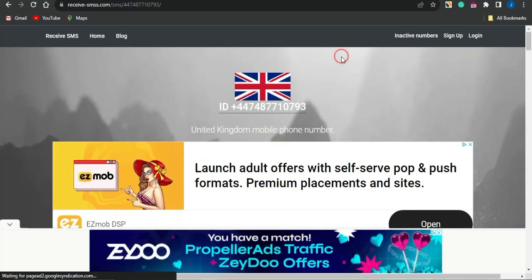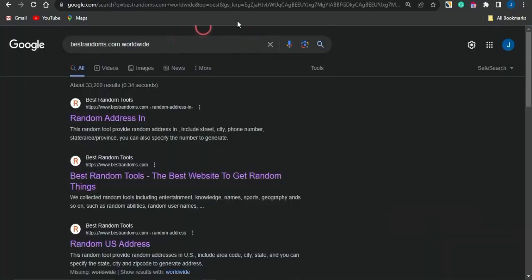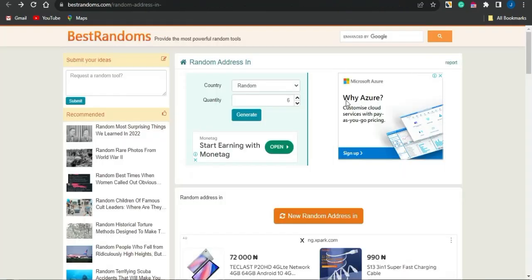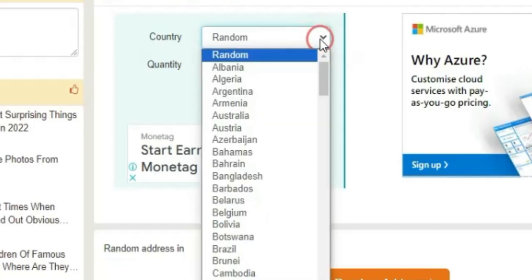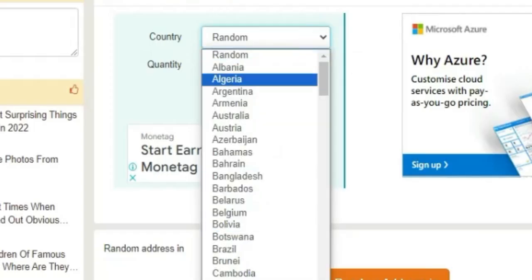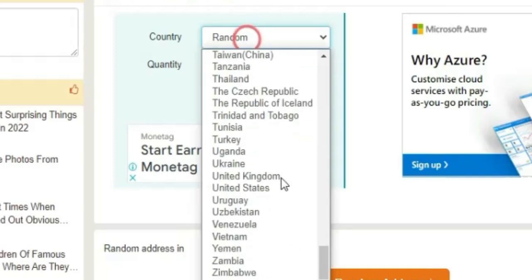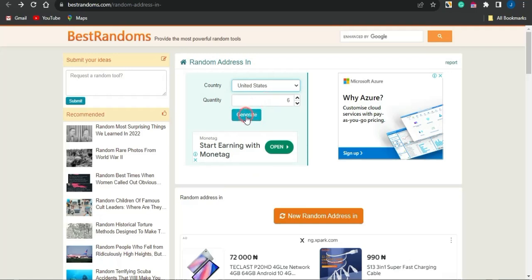If you are in need of a zip code for specific locations, you can utilize this platform by coming onto Google, typing bestrandoms.com worldwide, and you're going to select the first option, which is going to bring you right here to this page. Select the location, which is the country which you want to utilize right now. I'm just going to select the United States. If I select that, I'm going to select the quantity right here, and if I click on generate,